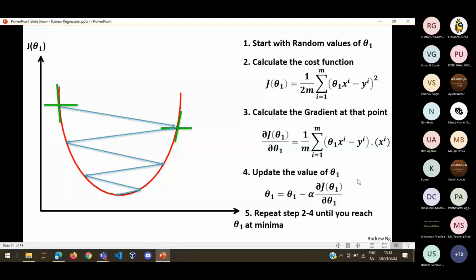Bhaiya, can we do it directly, that if we get negative, then we will increase theta till we get slope as 0? Like you have to increase with some value, no, slope won't be zero. At minima, it will look like here. For the theta1 value it is simple, but when there will be multiple